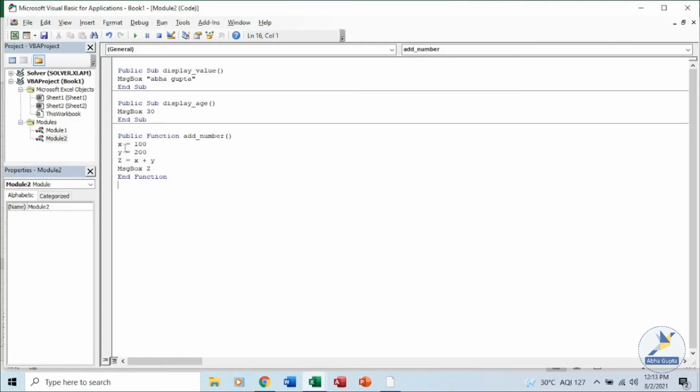These X, Y, Z are your variables. Variables are the containers where your values will be stored. So X is a location in the memory where 100 will be stored. Y is a location where 200 will be stored. So these containers are known as variables. We declare that this particular variable will hold this type of value, that is, this data type. So how do we declare that? We write dim, a keyword for dimension, dim X as integer. Integer, that is your number.